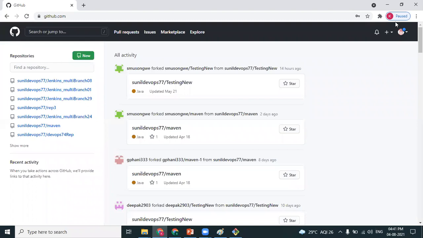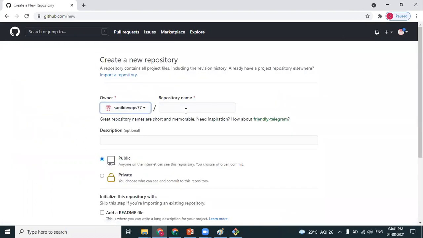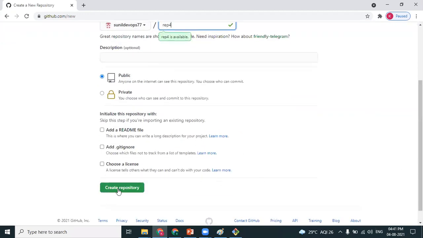Here we have an option of creating a new repository. Here also we can create a new repository, whichever you feel comfortable with. I'm creating a repository with the name, let's say, REP4. I hope it is available. Yes, the repository is available. Create the repository.